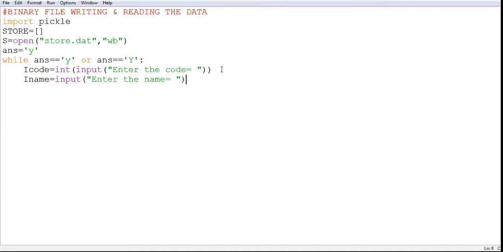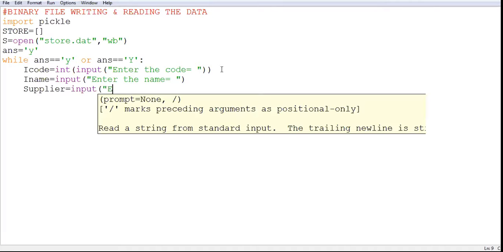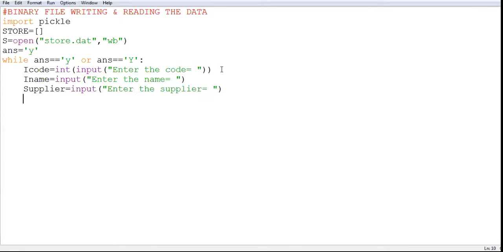Then I have supplier, again string type, so I say enter the supplier. And last is quantity, which I take as type integer.